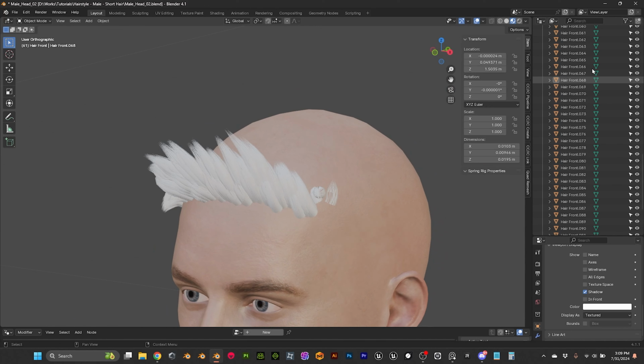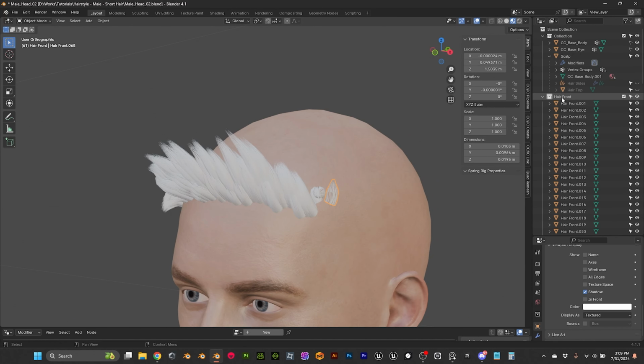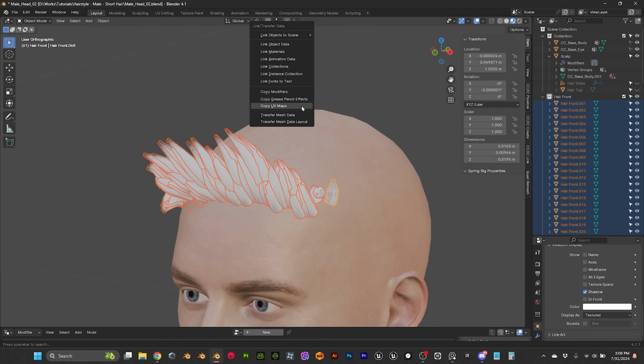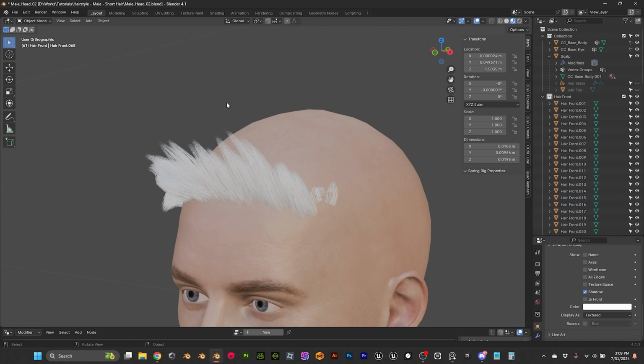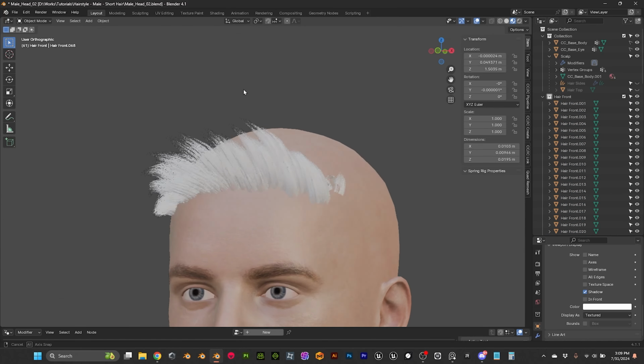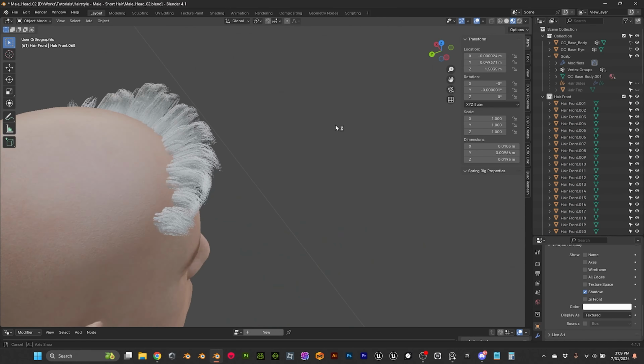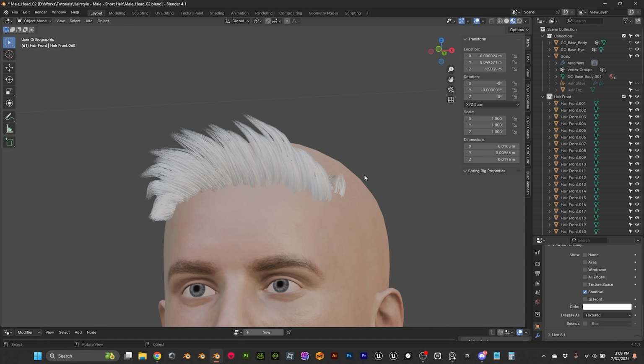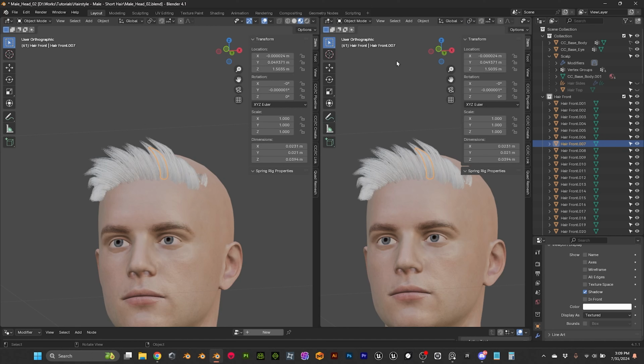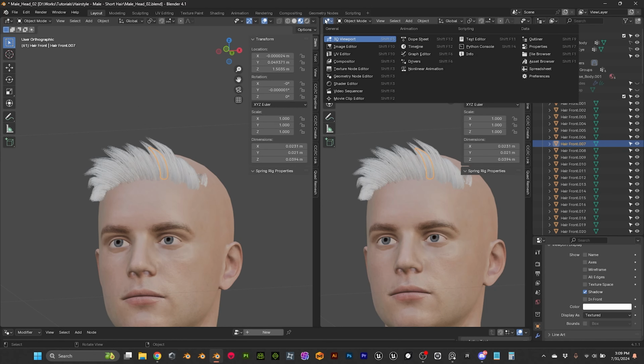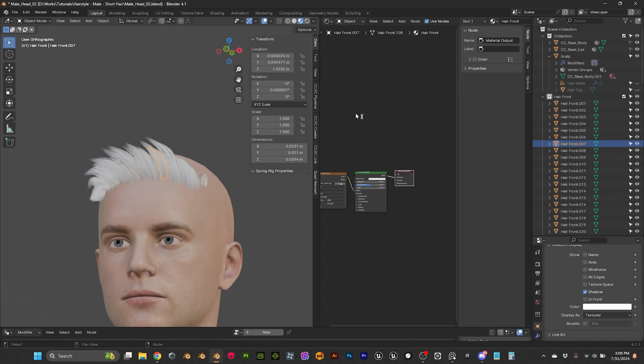And then let's select this one, select all the objects, and then Control L and copy UV maps. Okay, so I think this is starting to look a little better. What we can do, for example, let me select one, vertical split, and then if we want to give some color very quickly, so it's not like white, shader editor,